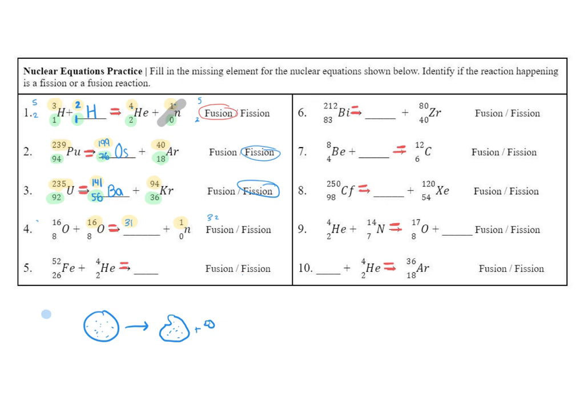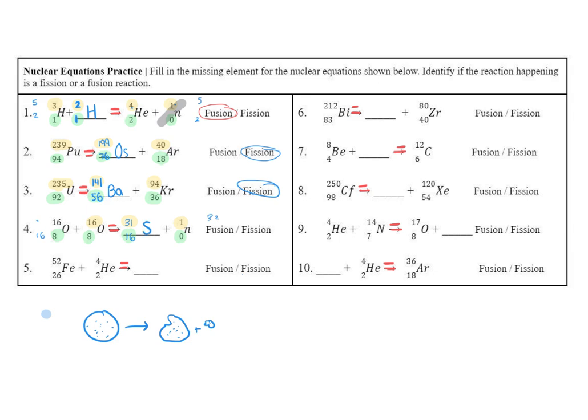Now if we do the bottom numbers. There we go. 8 plus 8 has to equal some number plus 0. So we have 16 on this side, and that has to equal 16 plus 0. Okay, that wasn't so bad. And we can always double check 8 plus 8 equals 16 plus 0. So you always have the top numbers add up and your bottom numbers add up on either side of the equals. The only element on the periodic table that has the atomic number 16 is sulfur.